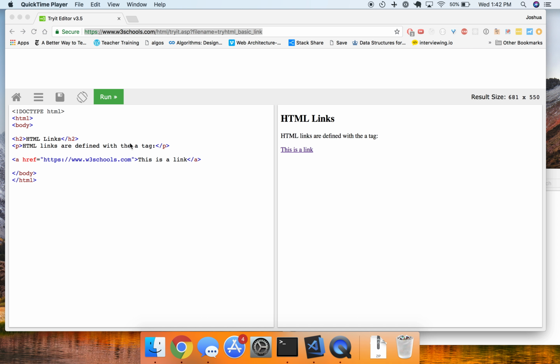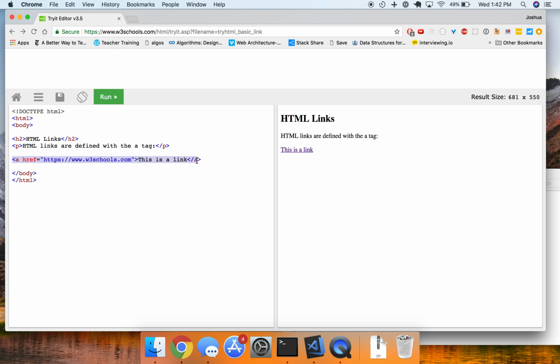In the previous video, we learned about what an anchor tag was. We also learned about what the href attribute did, which is it led us to whatever site was listed here. And we also learned about how to change the text that the link shows up as on our website. So one thing I want to quickly go over before we move on from anchor tags is what happens if